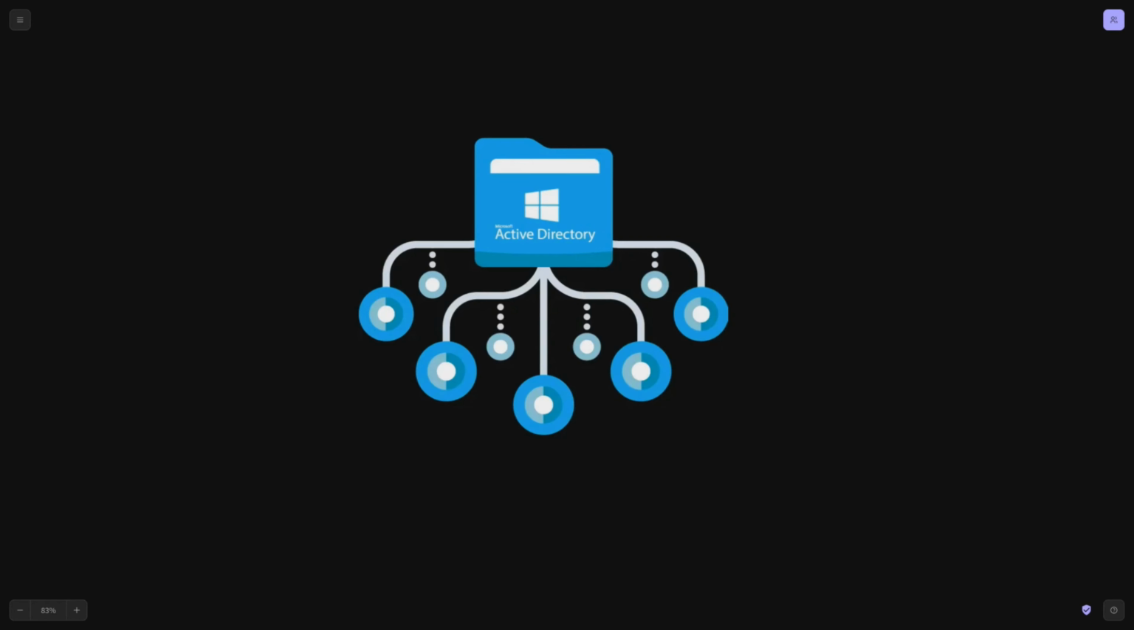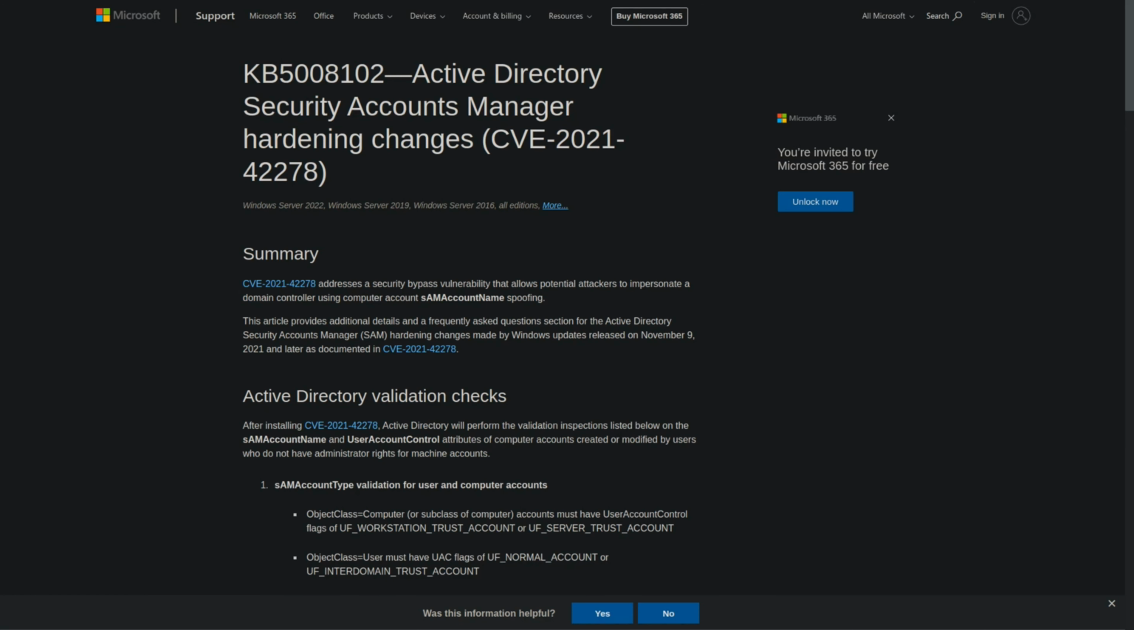In today's video, we will learn a technique for escalating privilege in Active Directory. This technique involves exploiting two vulnerabilities to impersonate domain controller accounts. sAMAccountName impersonation. This is a spoofing vulnerability that allows an attacker to rename a computer account to a domain controller